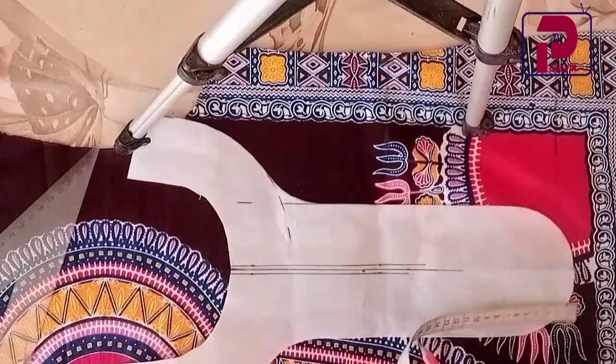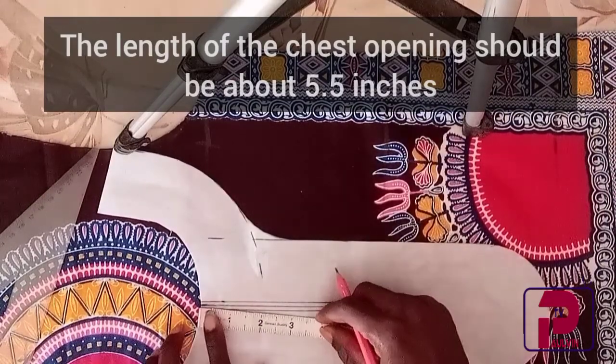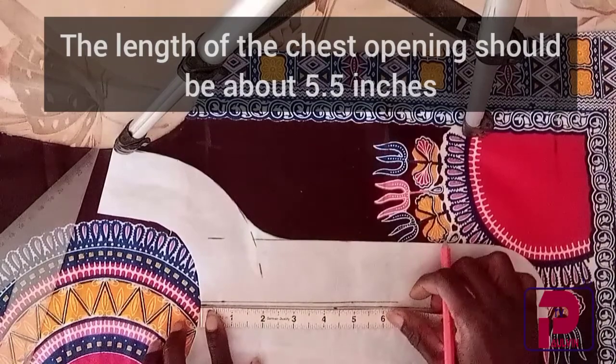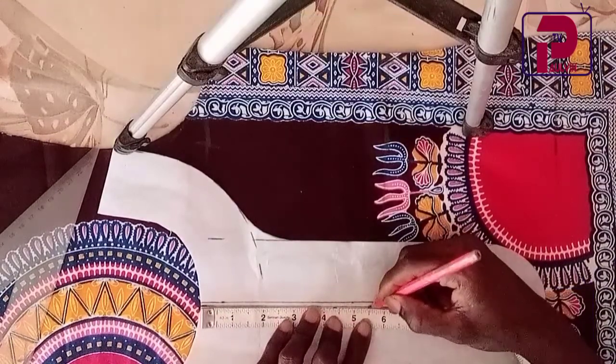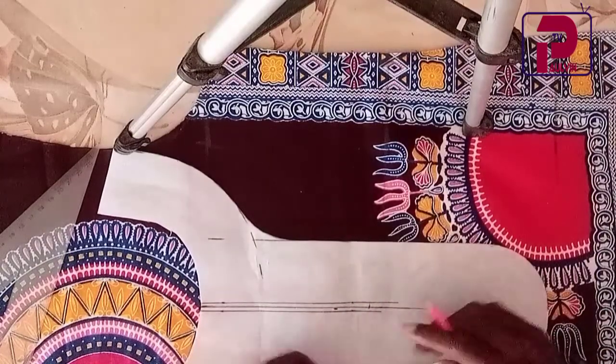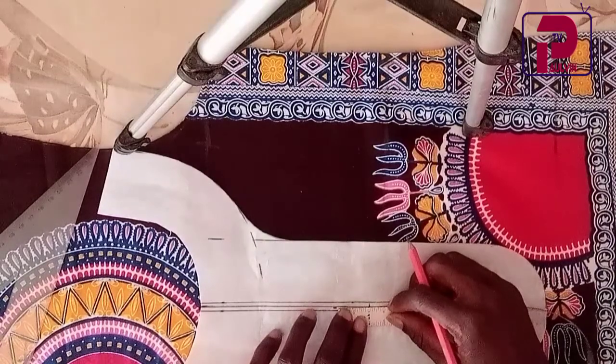Okay, until we get to 5.5 inches. All right, so I mark here 5.5 inches. Then I'll stand here and mark